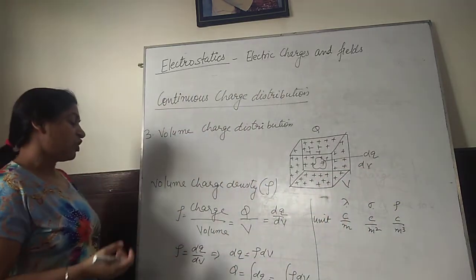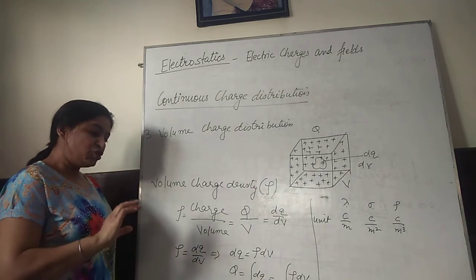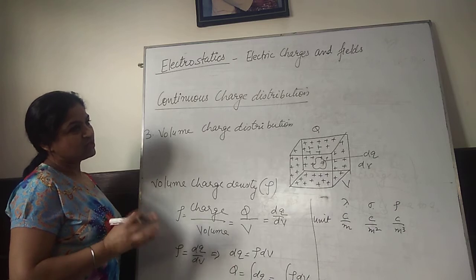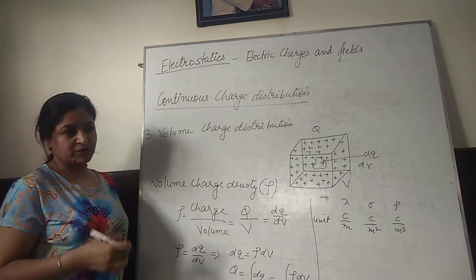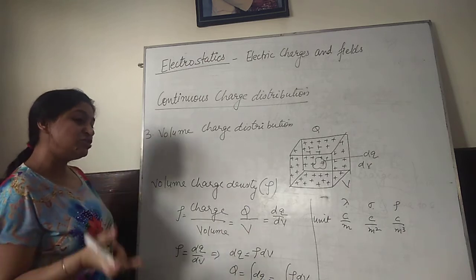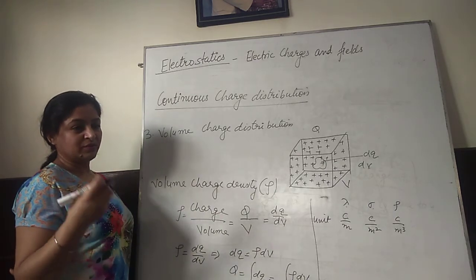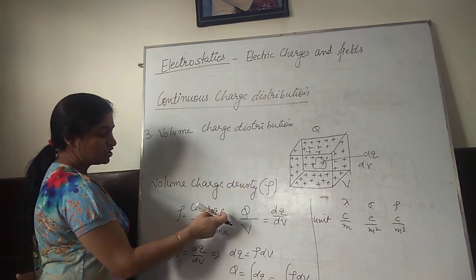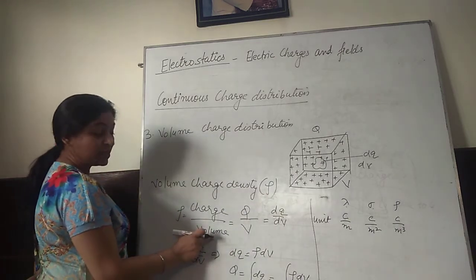And from this particular topic, you may be asked questions regarding, for example, you may be given some object of particular shape. For example, you may be given one sphere. Sphere is three-dimensional, and you may be given some charge to that sphere. For example, 5 coulomb, 7 coulomb, 10 microcoulomb, whatever be the amount of the charge that is given. And if dimensions of the sphere, suppose radius is given, then you may be asked to find out this volume charge density, that is rho, that would be charge per unit volume. Volume of the body on which the charge is distributed, that is 4 by 3 pi r cube.